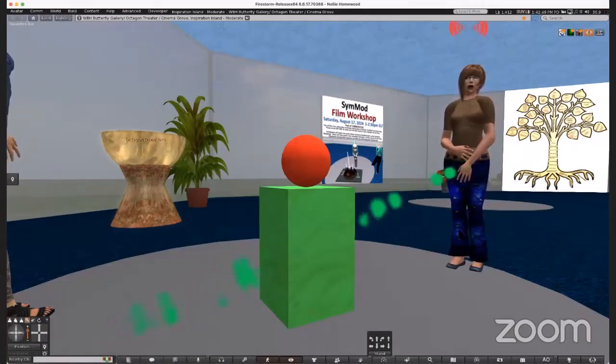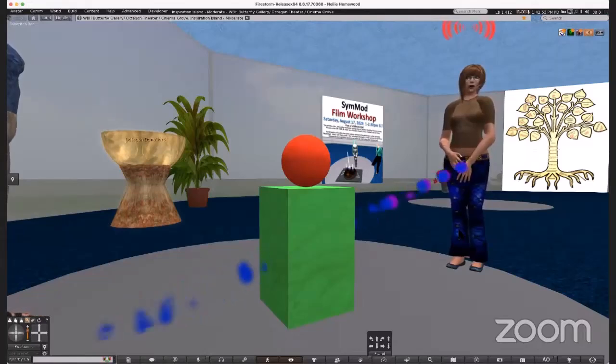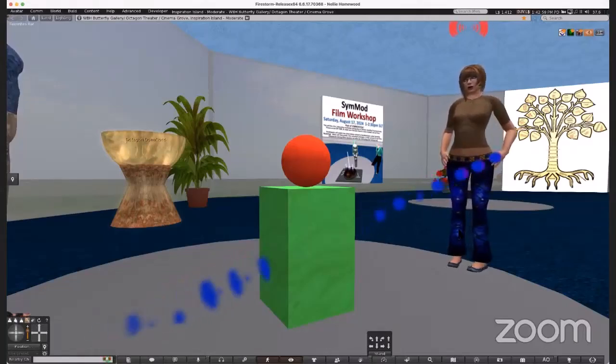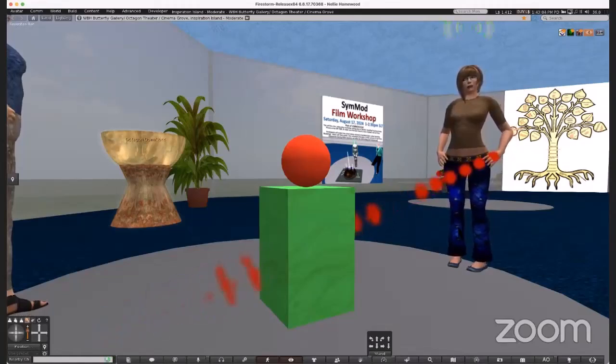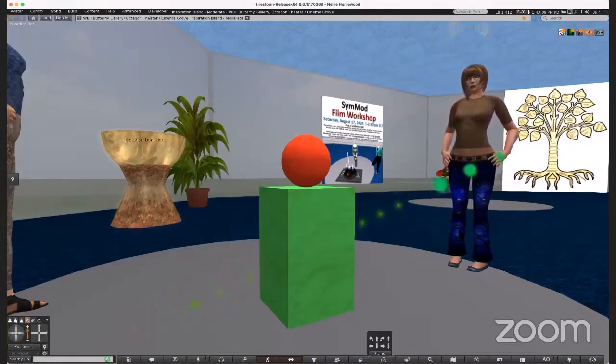How do you feel, Red Ball? I feel really comfortable and safe. Well, you're very heavy. Why don't you fly? Well, I have no wings.